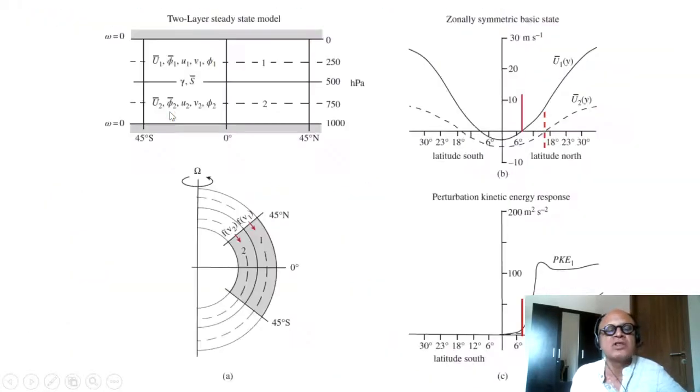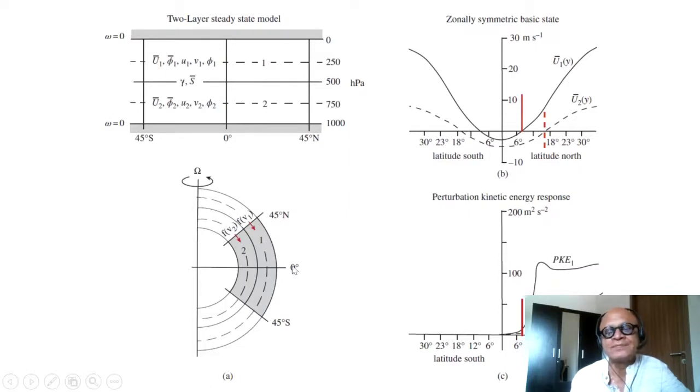So this was the model we were using, which is described in Appendix J. You had 2 layers in the vertical, upper layer with basic state U bar 1, basic state geopotential of phi bar 1, and then perturbation velocities and potentials, and the same at the lower level, and we are looking at this